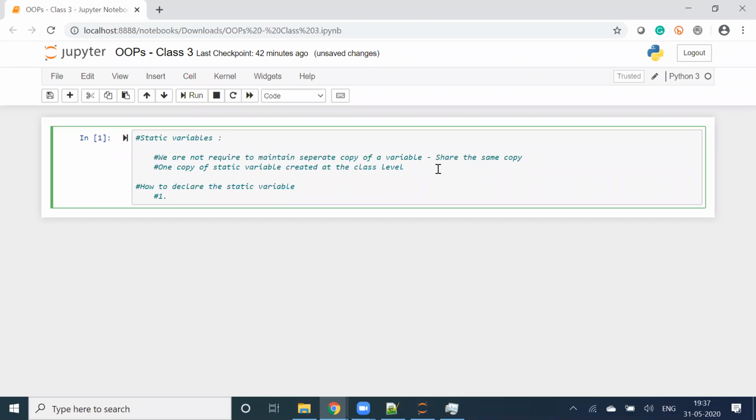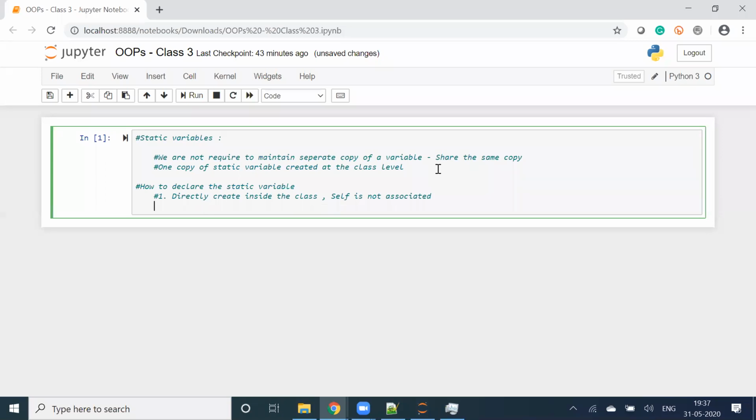If I want to create a static variable, we can create it directly inside the class without using self, because when we use self, it is an instance variable. Keep that in mind. So self is not associated with that variable. Okay, that is the first way.